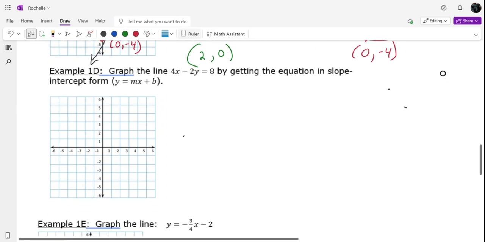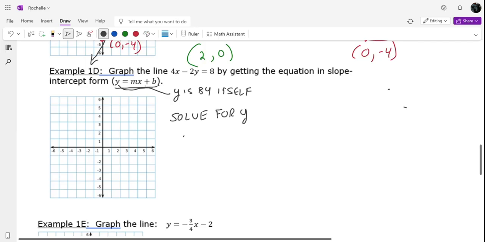So the other way that we can graph the same line is get it into this form, y equals mx plus b. Hopefully you've seen that for the equation of a line. If I want it in this form, you'll notice that y is by itself. So all I'm going to do is solve for y. So I'm going to take this equation and I want to get y by itself, which means I need to get rid of this